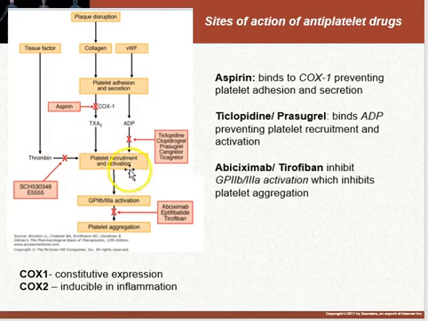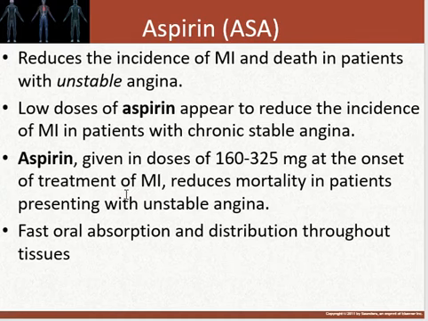If you've got the post-STEMI patient, giving aspirin plus one of these, typically clopidogrel or prasugrel, is a nice, gentle inhibition of platelet recruitment and activation, and you see these patients not forming clots quite as readily. Of course, there's the drug category we just talked about. Mechanistically, abciximab and tirofiban will inhibit glycoprotein 2B activity, which has another consequence in terms of platelet activation and aggregation. Let's talk about aspirin a little bit.